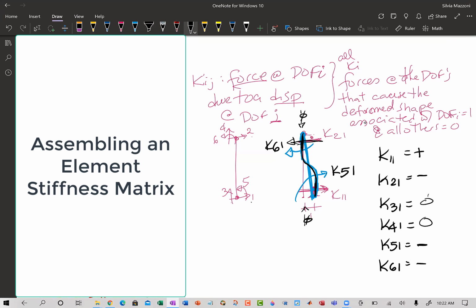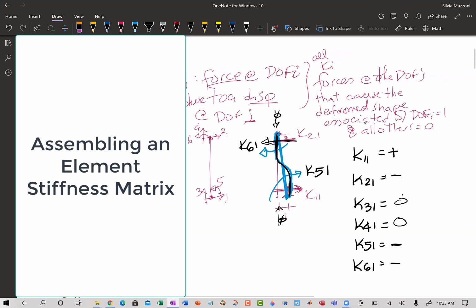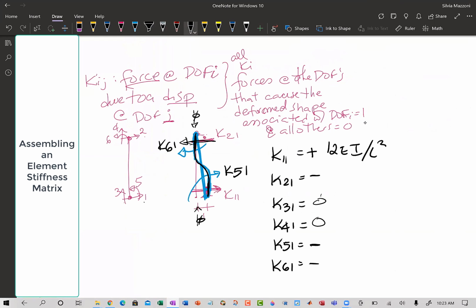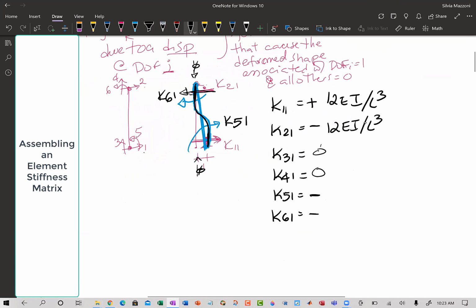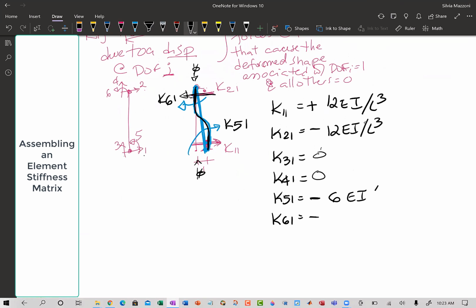And now for these values, is it 6 or 12? 12, I think. Yeah. So it's 12 EI over L cubed. K21 is equal and opposite, so it's 12 EI over L cubed. And then K5 and K6 are the 6 EI over L squared. Okay? Right. Now let's do degree of freedom 2